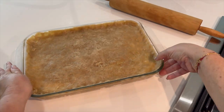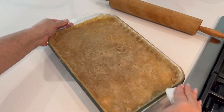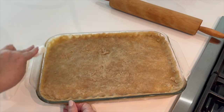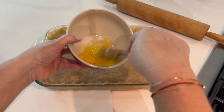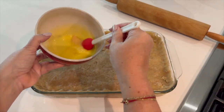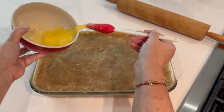Whatever works for you is fine, either one. And then you're just going to create this little fluted edge all around. Then I use a moist paper towel to wipe off all my fingerprints, any oil residue from the edge of my baking dish. I beat an egg in a bowl, and then using a pastry brush,